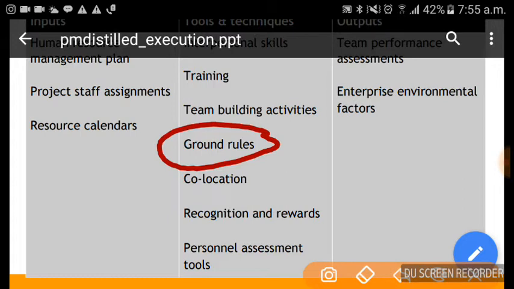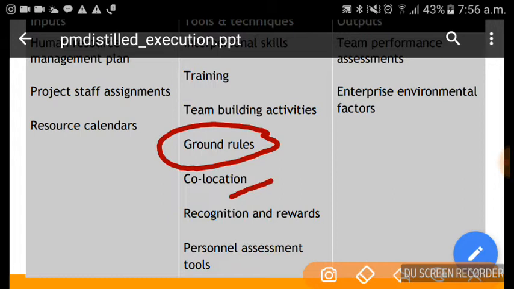Or don't criticize a person when he's absent, when he's not in the room. These were some of the ground rules. If you violate it, that will be treated pretty seriously. You cannot shout at people. That is enough reason for you to lose your job. Or you cannot go to a pornographic site from the office. You do that, you lose your job. These are some basic ground rules organizations will have for smooth functioning.